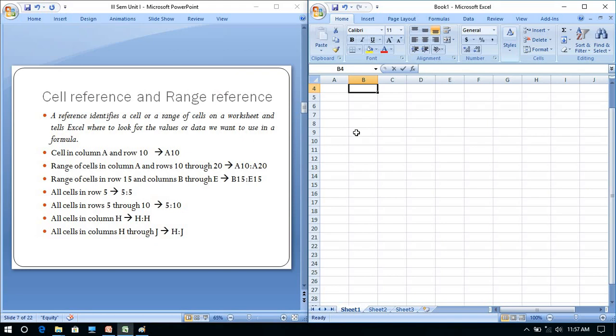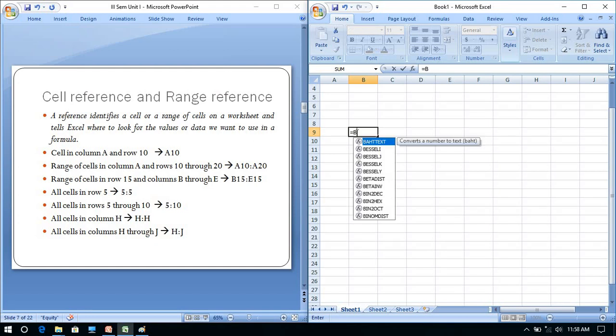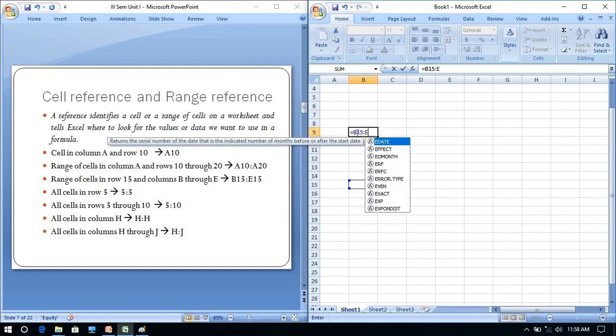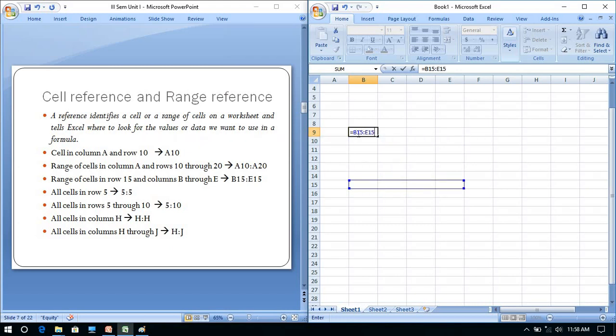Equals B through E, that means row 15, B15 colon E15. So you can see over here, this is another group of cells, that is the range of cells from B15 to E15.